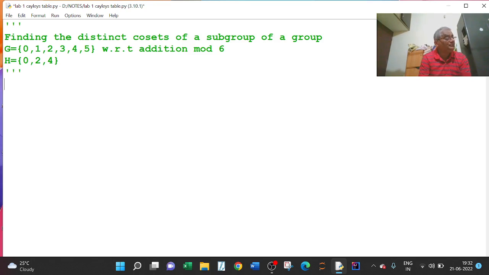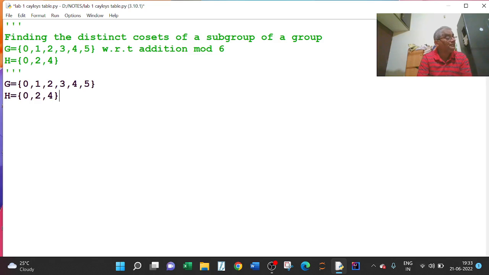Here I write G equal to the set 0, 1, 2, 3, 4, 5, and H equal to the set 0, 2, 4.